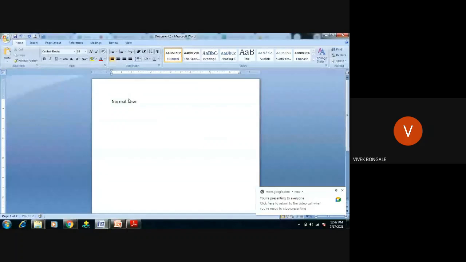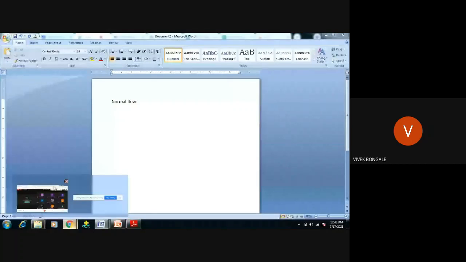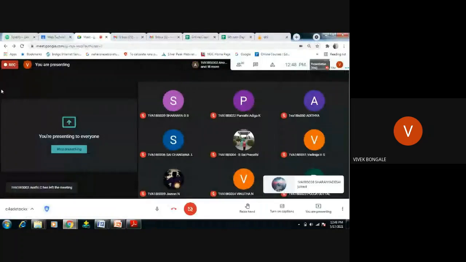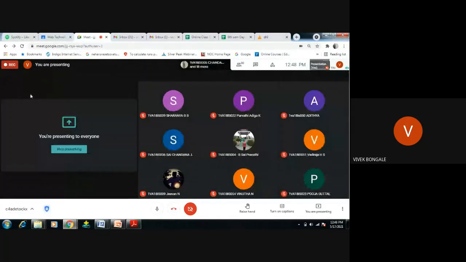Normal flow means, in the browser, what we're trying to do with the help of web is to display the content, display the description in the browser. Okay, I will open this browser now. Right, so this is my browser page, my entire browser page. What a normal flow means is what the browser will do in the web program,